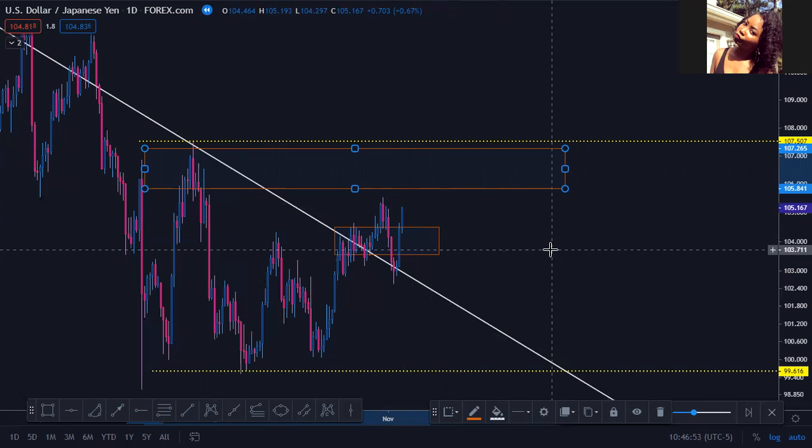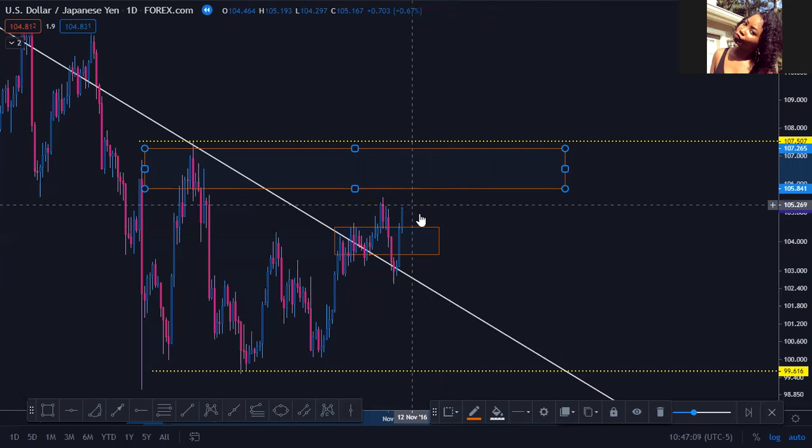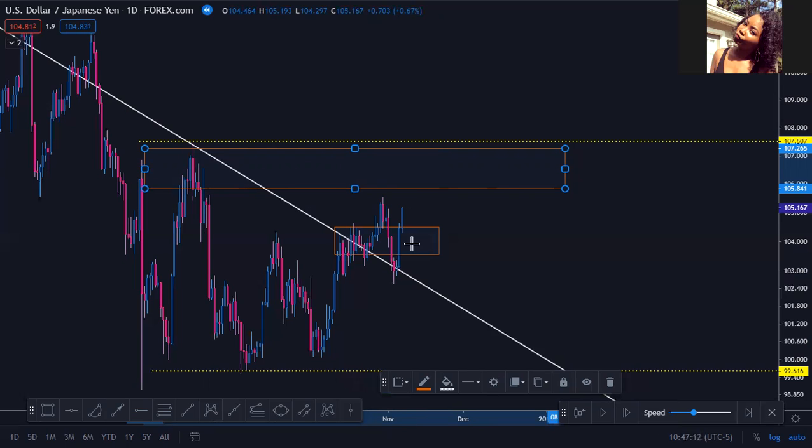So let's just see what would happen. We have November the 8th, and the market is showing you that the bulls are messing with the bears. Nobody's really winning. They're going back and forth, but you can clearly see that the bulls are attempting to come into place. I'm just going to erase this box because it's only to show you